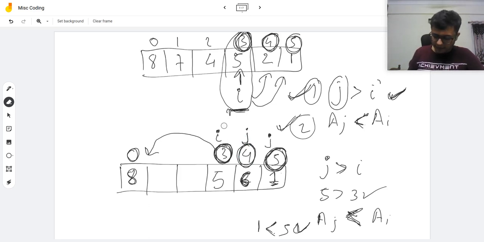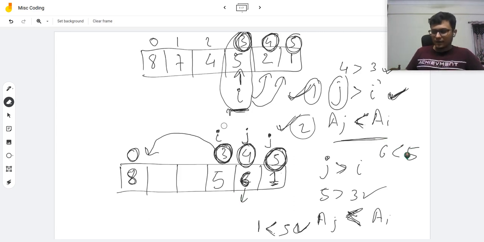No, again, because here the first condition is met: j here is 4 and i here is 3. This is correct, this condition is met. But here the second condition is failing. a of j, which is 6, is not strictly less than a of i. So 6 is not strictly less than 5. So this condition is not being met here.